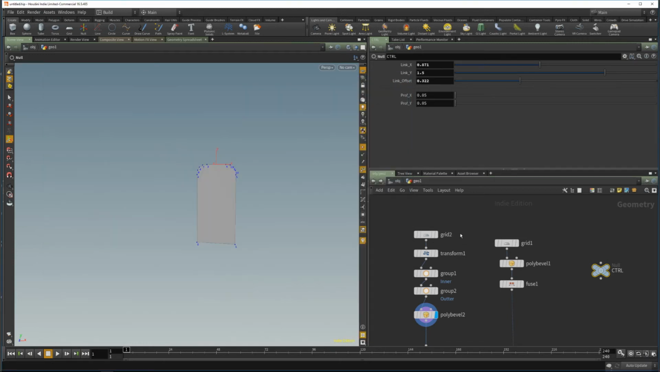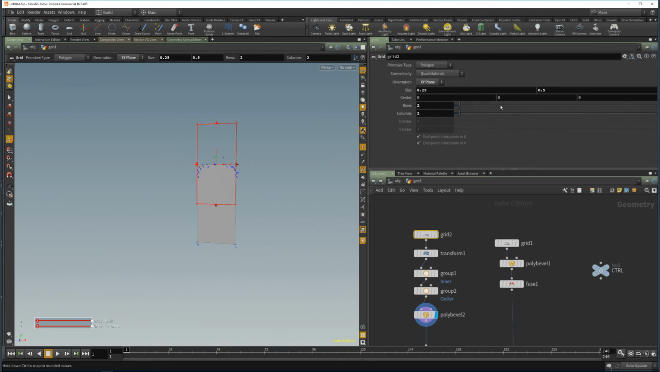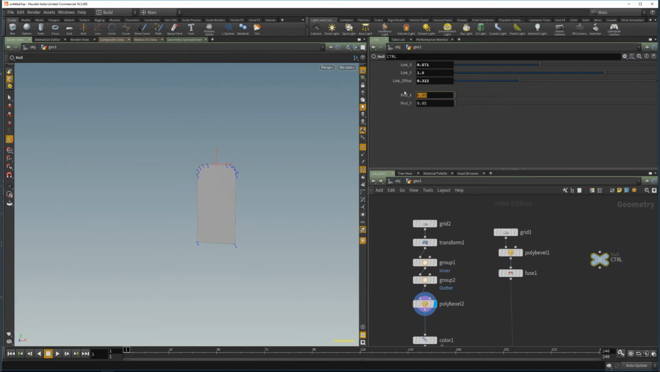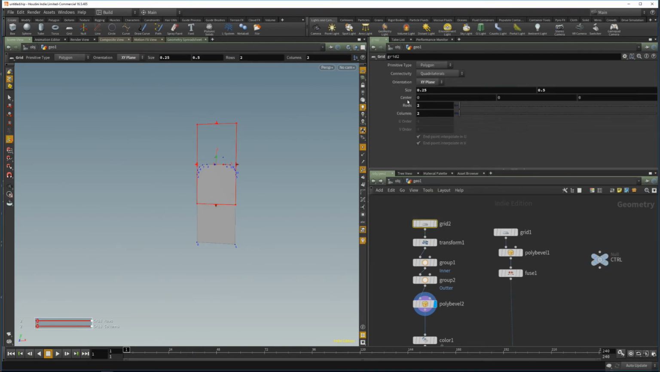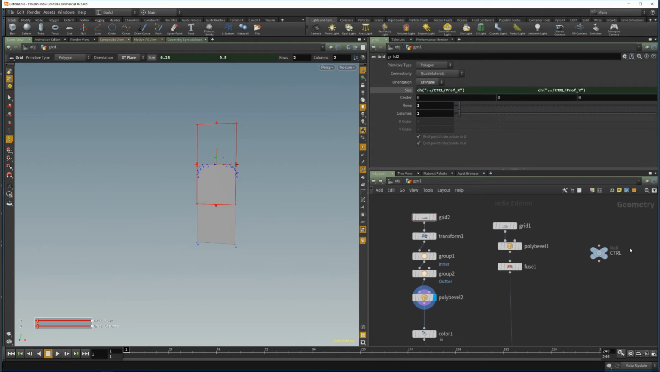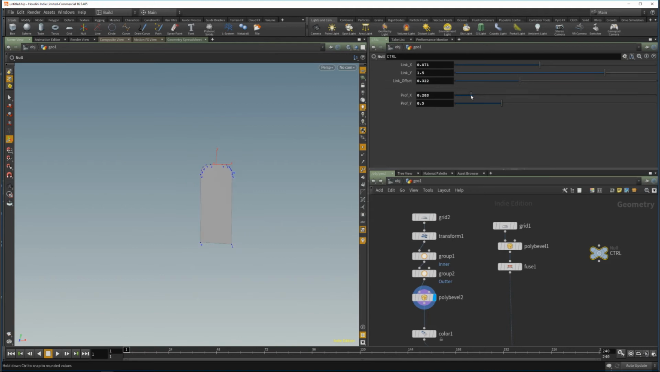apply, accept. So the grid was about 0.5, 0.25, 0.5. I can copy parameter, paste relative reference. Hold on. Keep it. And for the Y, I take the same naming convention, so Y. So now with my controller, I can change the profile size,